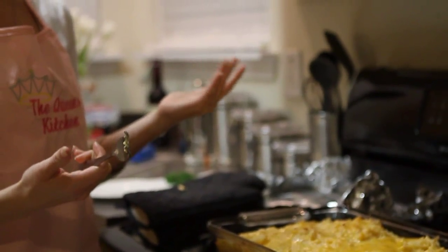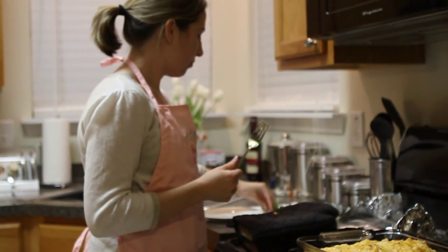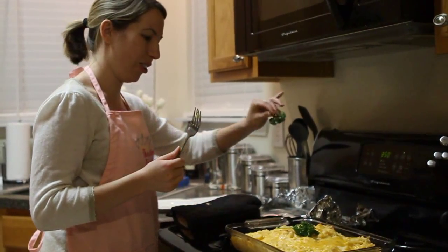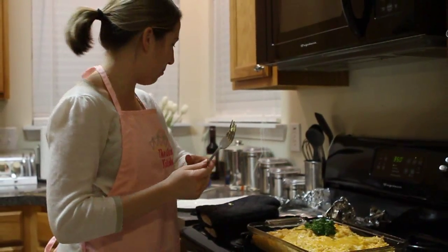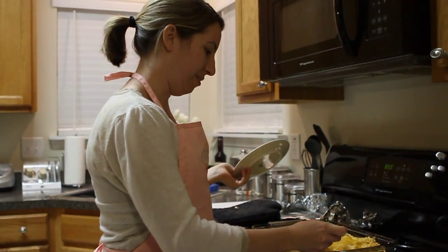If you want to make them decorative, add some color, I've gone ahead and taken out just some parsley, some flat leaf parsley, and you could put it on top, just garnish it a little bit. Of course, people will be passing around the table, so it's not a necessity, so you can put it on top, make it look pretty. If not, then you can just go ahead and put some